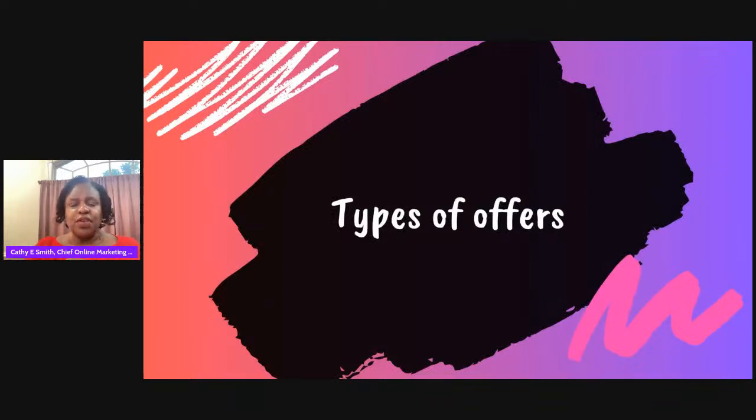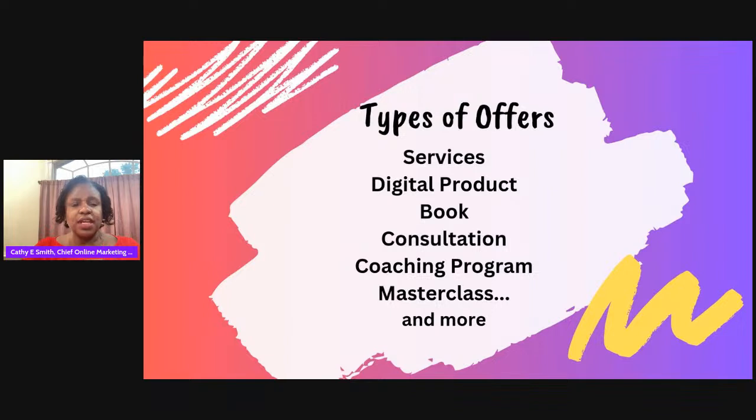So, we're going to talk about types of offers. Talked a little bit about this yesterday, but services, whether you're a coach, you might be an accountant, you might be a financial advisor. What type of offer do you have? Those are examples of services. A digital product might be an ebook, a checklist, a worksheet, a template that people can download. Your book, as you know, books are available via PDF or Kindle. And consultations might be an offer, a coaching program, a master class,